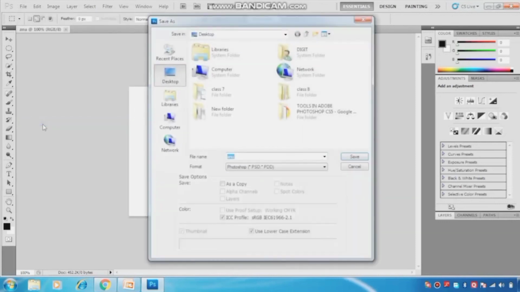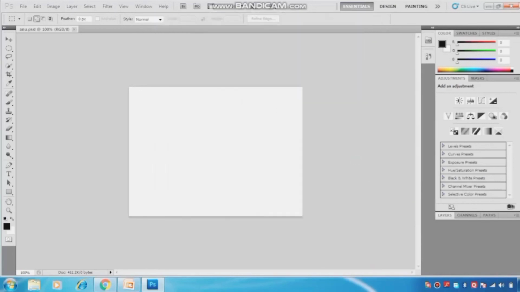Okay, just like this. Here you can select the place where you want to save your file in your computer. So suppose I want to save my file on the desktop, then I select the desktop, and here I can change or write the name of my file and click on the save button. Okay, so this one is this.